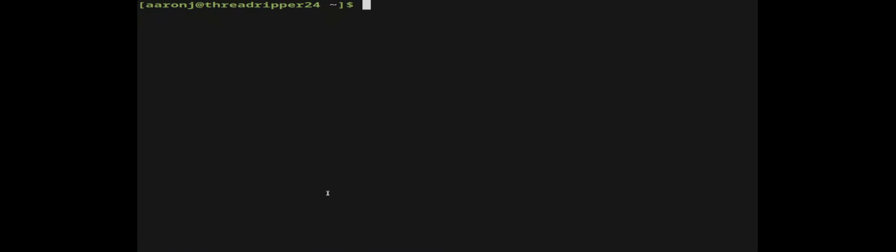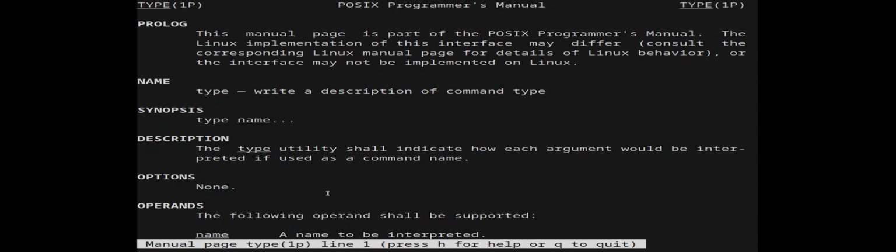What I want to show you today is a couple of commands that you may or may not be familiar with when it comes to Linux, but they are incredibly useful. Very, very useful commands. The two commands that we're going to look at right now are called type and compgen. If we type in man type and hit enter, you will see that type will write